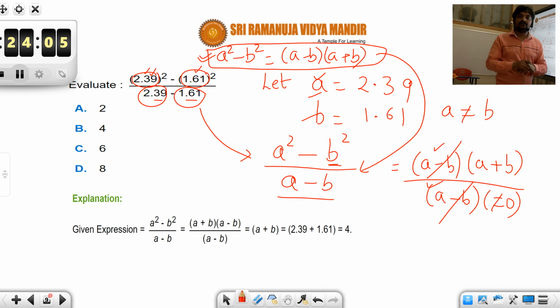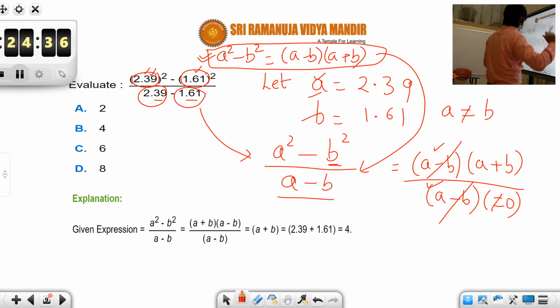You might have seen some tricky questions like prove that 1 plus 1 is equal to 3, 2 plus 2 is equal to 5. All these are the results of inaccurate division by zeros. Everything looks fine, but somewhere you will be dividing 0 by 0. That is the reason you will end up with such results. So make sure that before dividing any quantities, they should be non-zero.